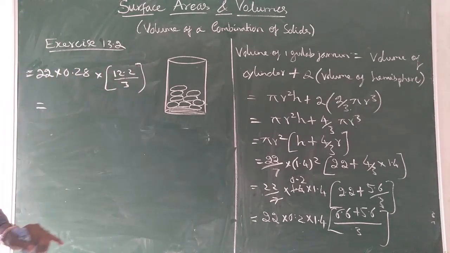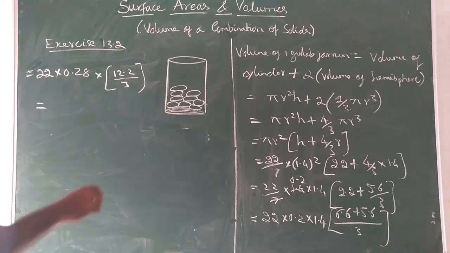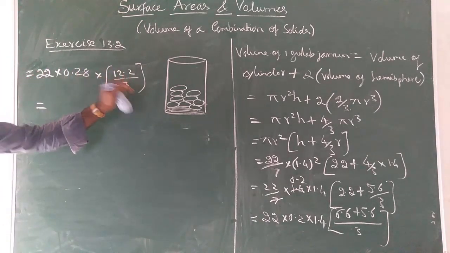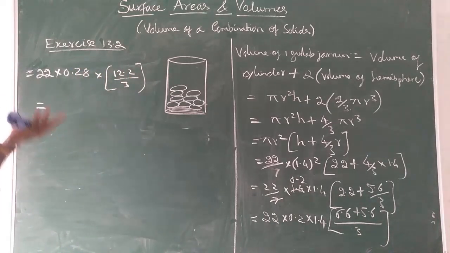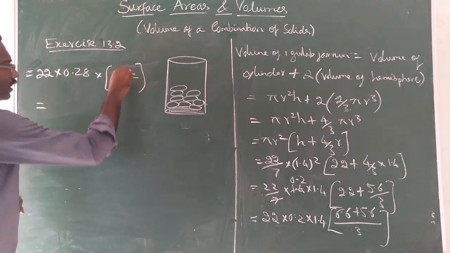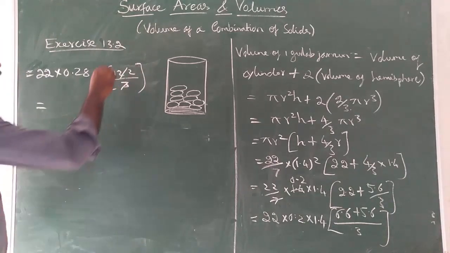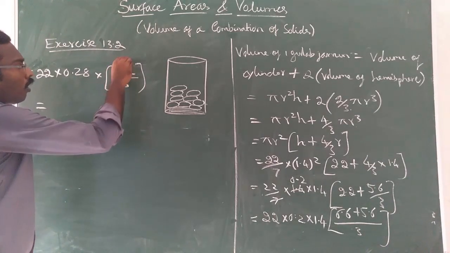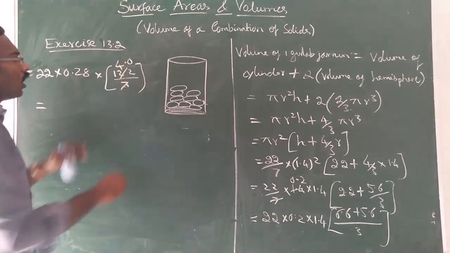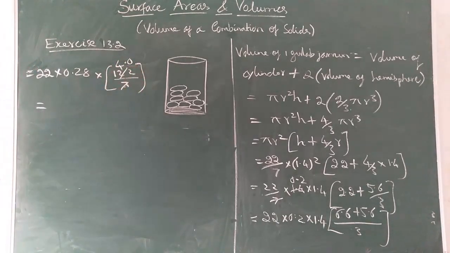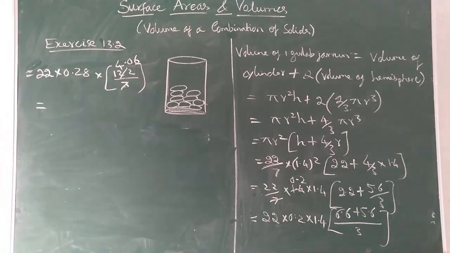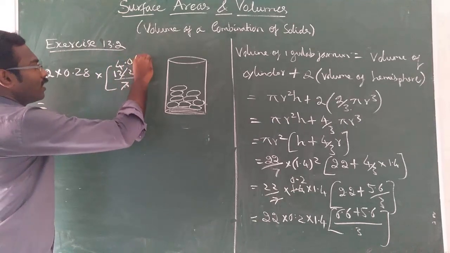Okay. So now it's coming like this. So what will you do? None of the numbers is directly divisible by 3. Therefore, you divide any of these numbers by 3. I am dividing this number. So 12 divided by 3 is 4. 0.2 divided by 3 is nothing, 0. 20. Now 20 divided by 3 is 6. 6 threes are 18. Again 20. 20 divided by 3 is 6.